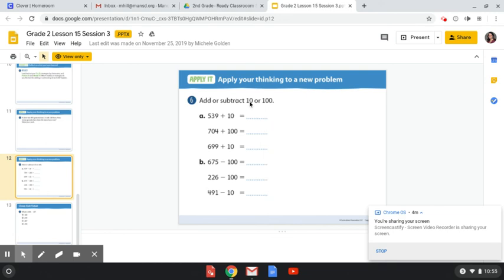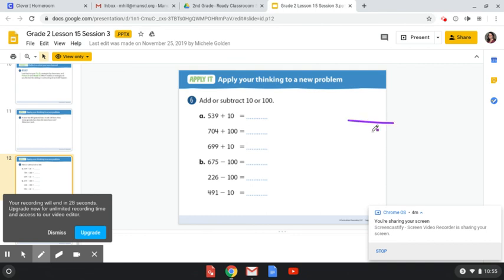So this is saying add or subtract 10 or 100. So we'll go through these together quickly, and then I will hop off and let you do a worksheet. Just make sure that we know that our tens place is here and our hundreds place is here. So we'll do a few of these and then I'll get off. So tens place, 539 plus 10, 549. Now we're going to take a look back at the hundreds place, plus 700. So we're adding that 1 to the hundreds place, 804. I want you to try the rest yourself and then go